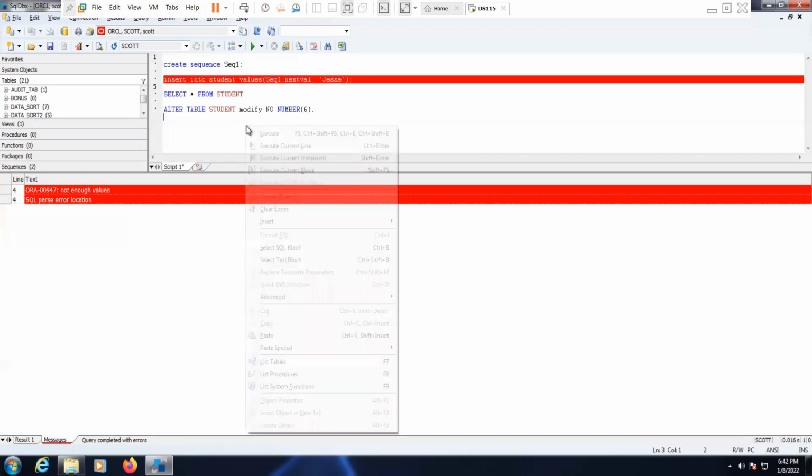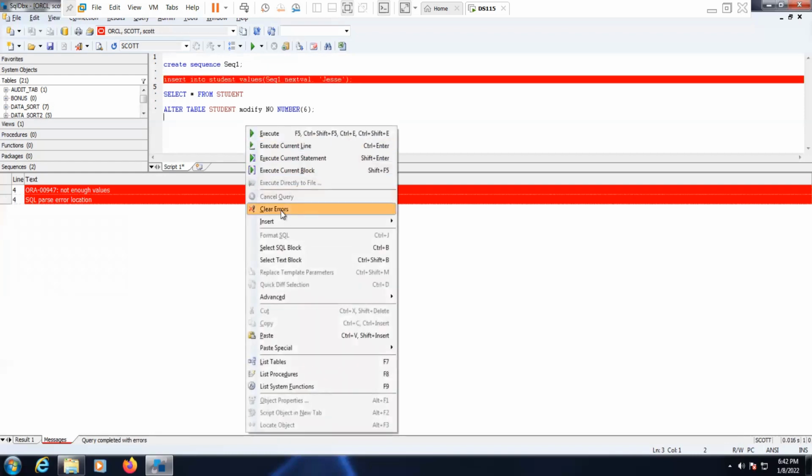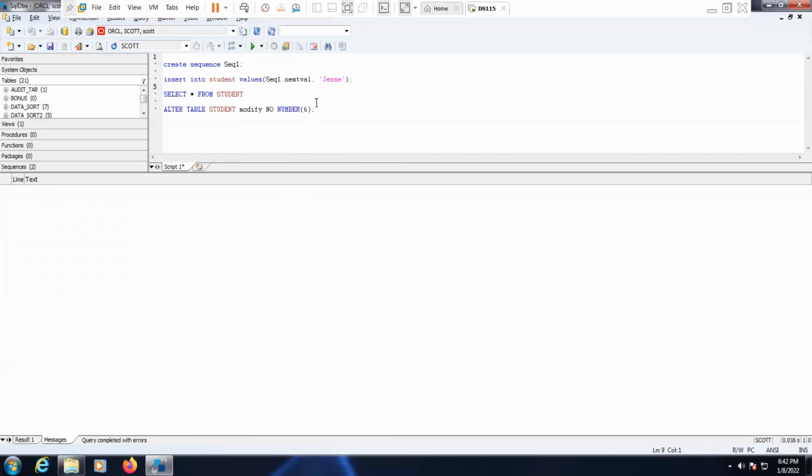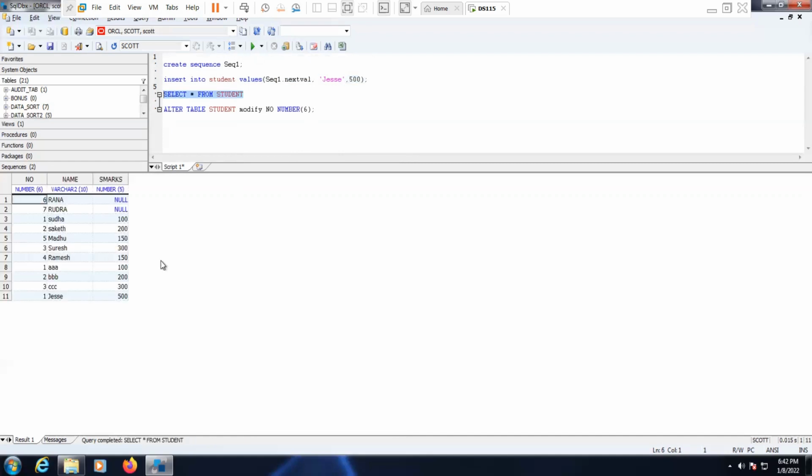Not enough values. Okay, so this is not the issue; we have to provide the value, and we have to provide the marks also. Marks 500. Okay, so it's not the issue. Then let's see. Let's execute the table.